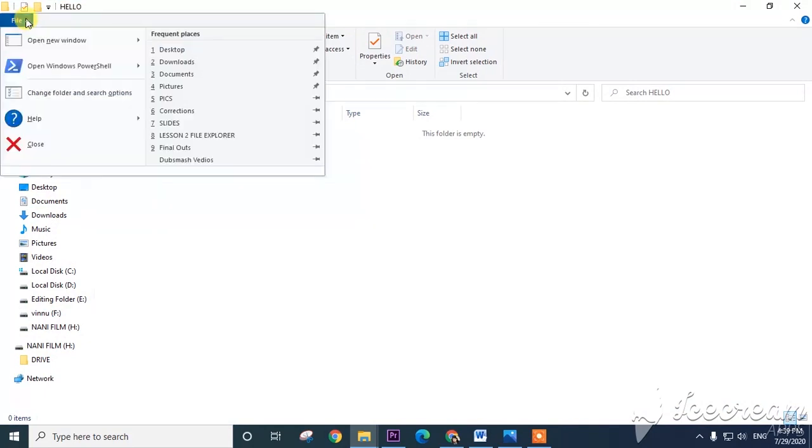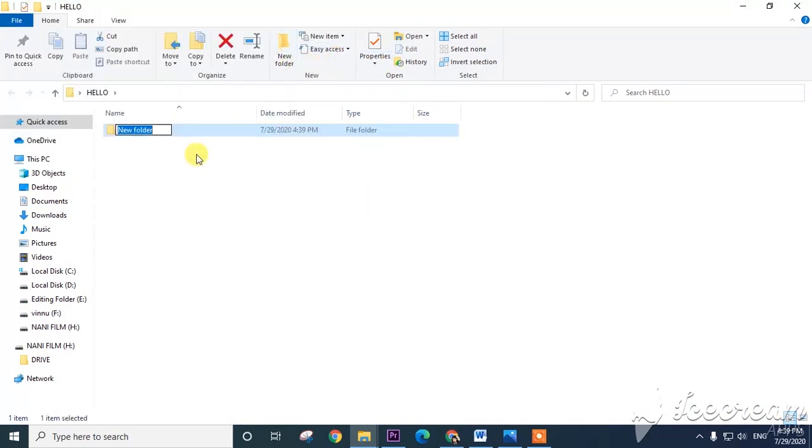In the Home tab, click on New folder, then the folder will be created. Then you write the name, like I am writing here, first project. Press Enter or click outside the area with a left click. The folder is created. In this way we can create folders.